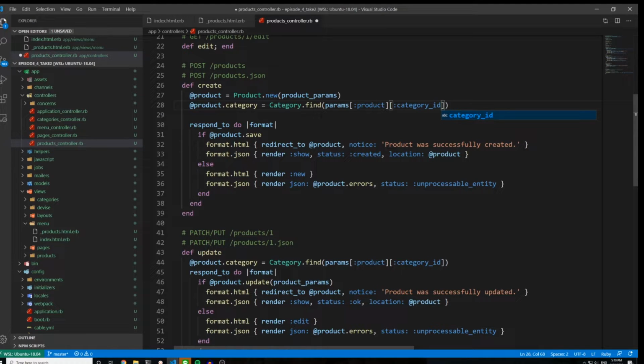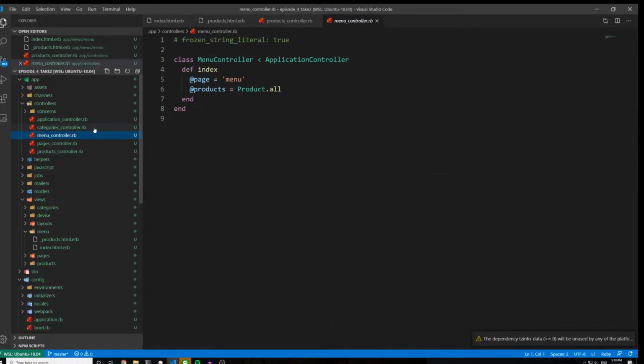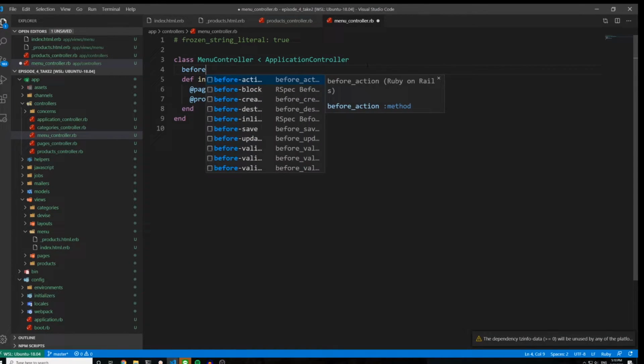You could also move this into a private method and call it a before action for the create and update methods. That's going to do it for the products controller. The next thing we do is we come into the menu controller, and let's do a before action